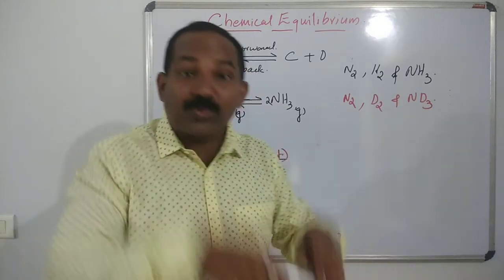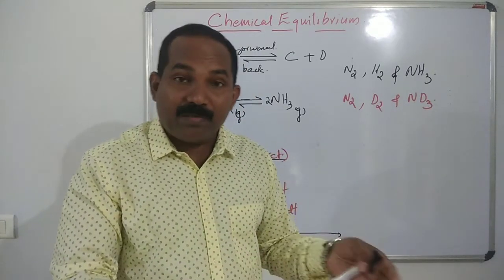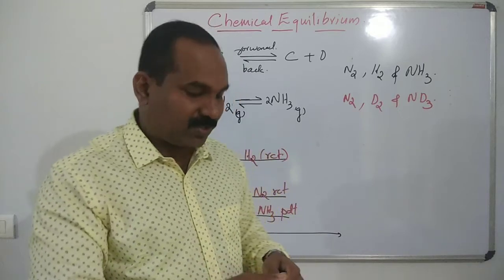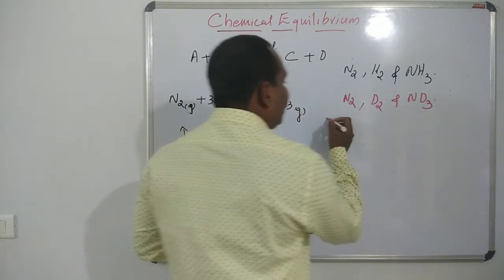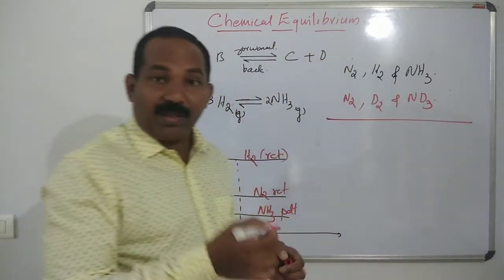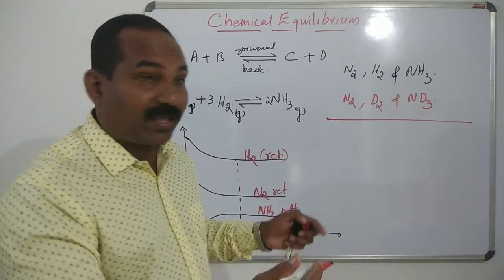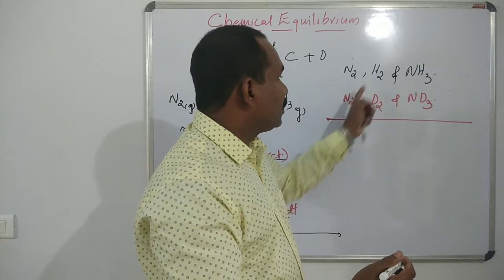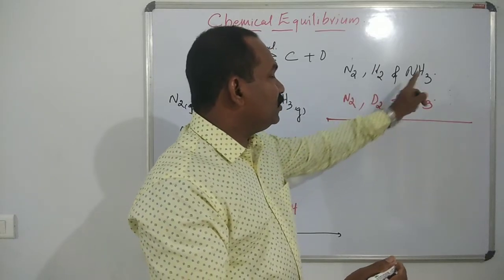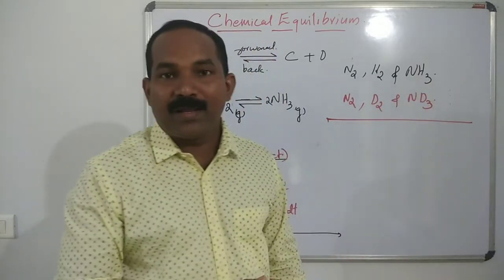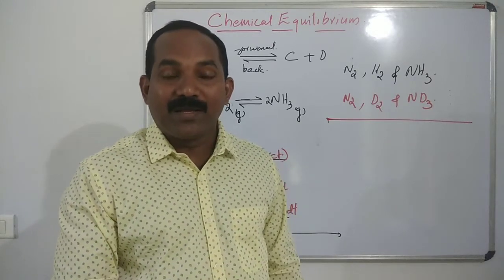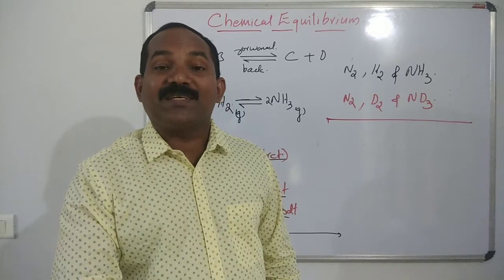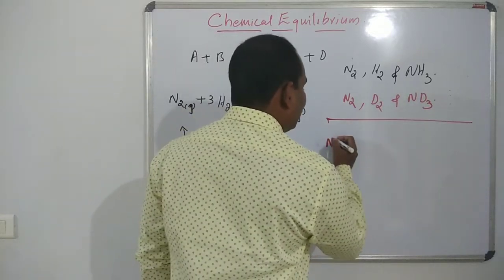By mixing these two equilibrium mixtures, if there is no reaction, we get N2, then H2 and D2, NH3 and ND3. But experimentally, the mixture contains N2,